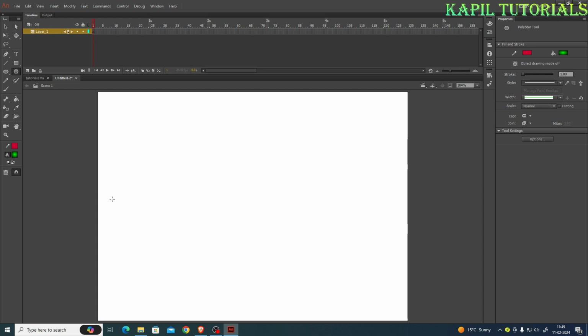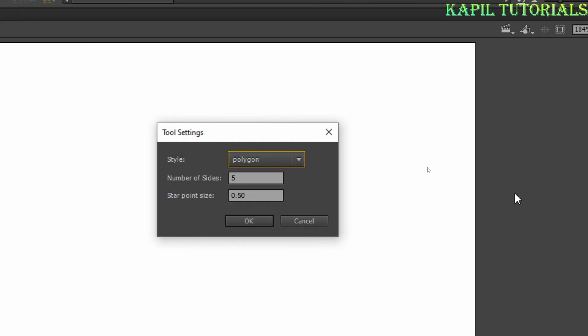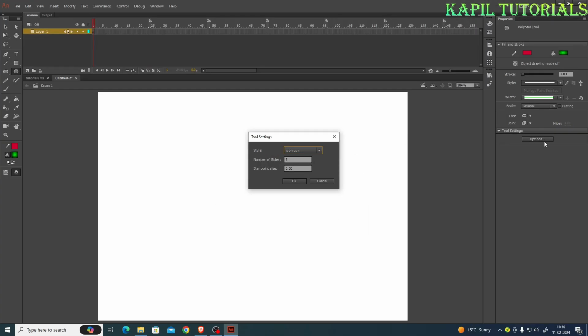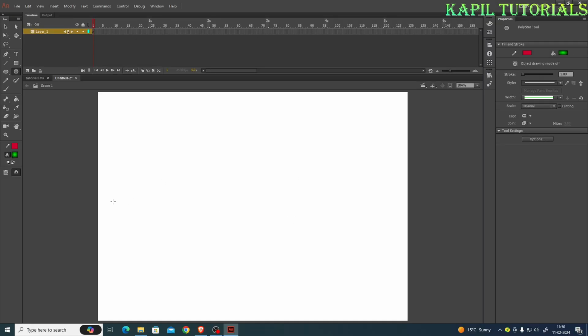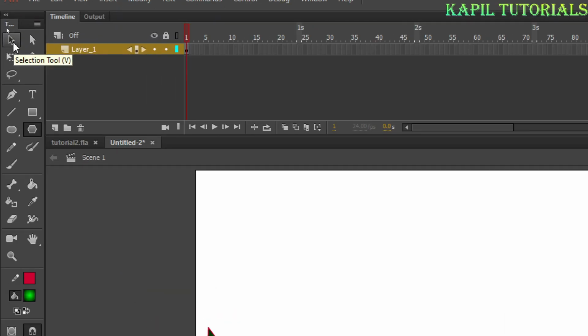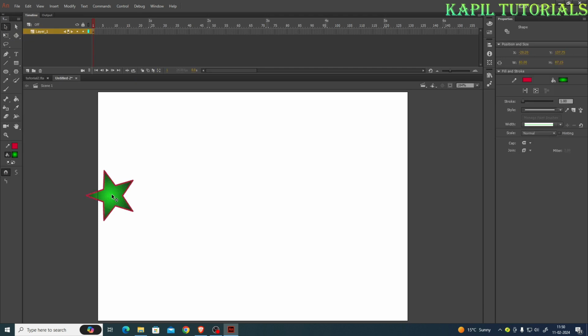And then I'll be making one shape. Okay, just a minute. From options I want to make it a star. I click on options from here, and as a result tool settings will come, and from here I'll select star and then OK, and then I'll make one star. I'll use the selection tool, double clicking just to select the whole. After doing this